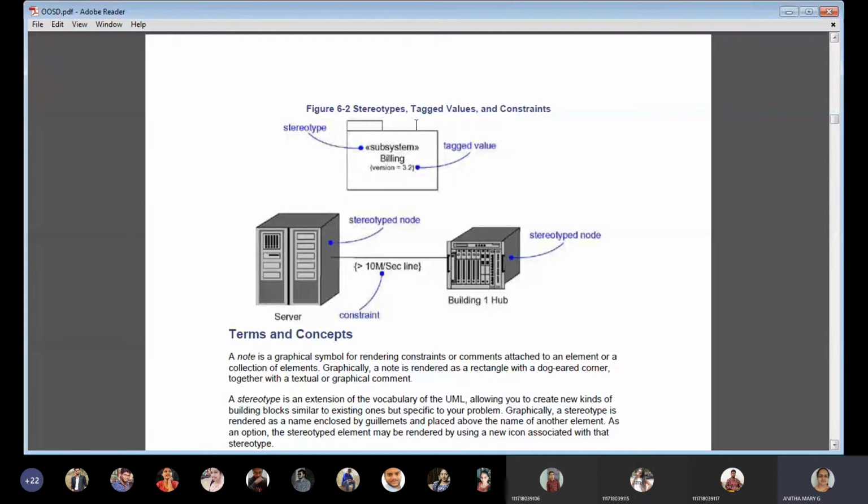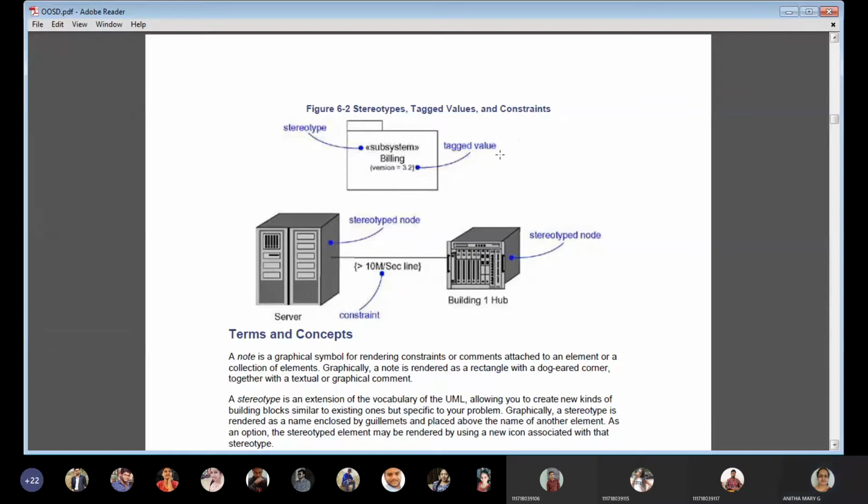So that's the graphical representation. But that package is nothing but all the subsystems under billing, all those come under here. So that's why we are giving the stereotype. And that billing is of which version, that package is of which version, so that we say as tagged value.